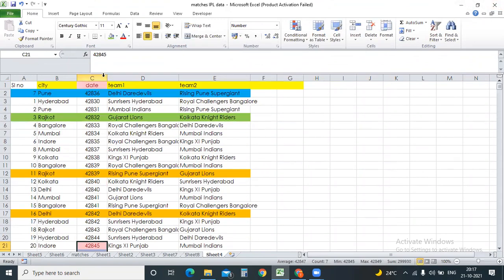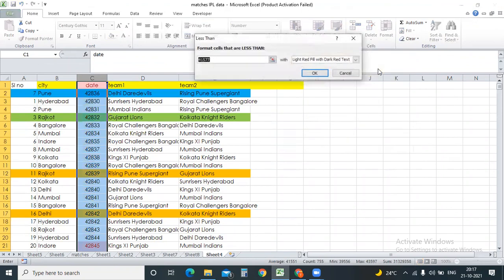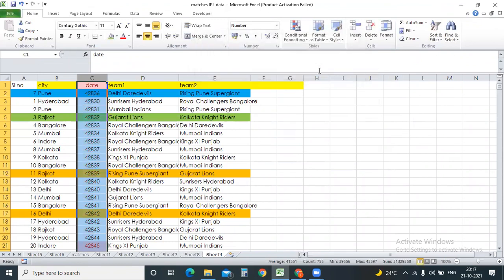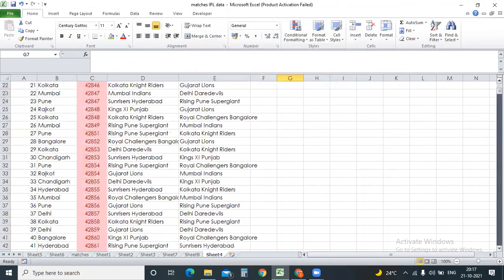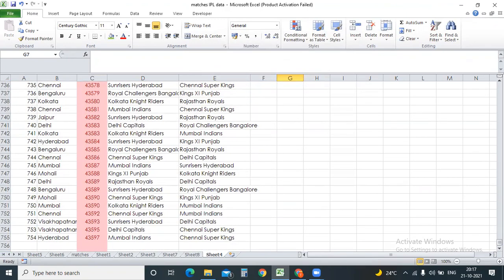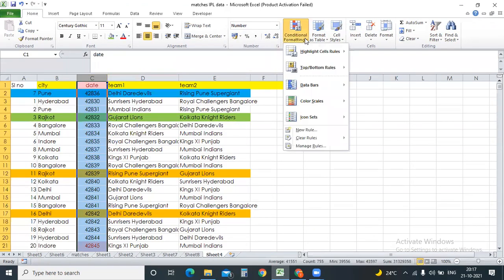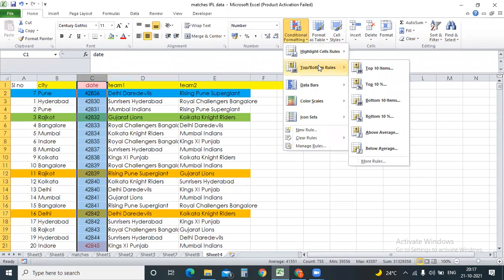Now, again, I need to select something. Go to conditional formatting, highlight cells which are less than 30,000. Now I have highlighted multiple things. 30,000, right? Randomly, I don't know where it has been. Wherever the data is there, it will automatically be applicable. Again, let me apply another conditional formatting, which is the top 10 items.